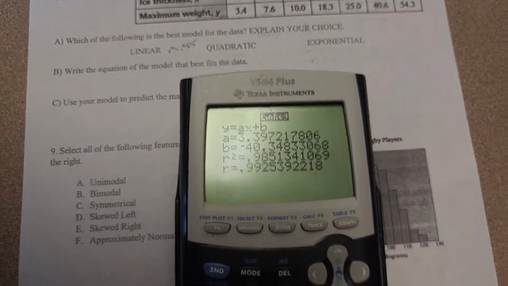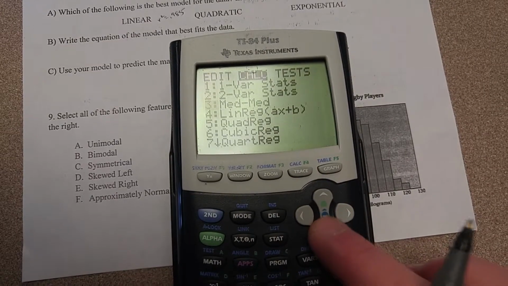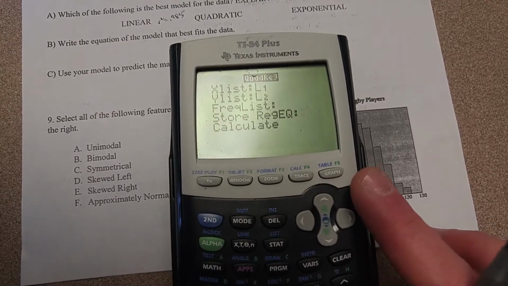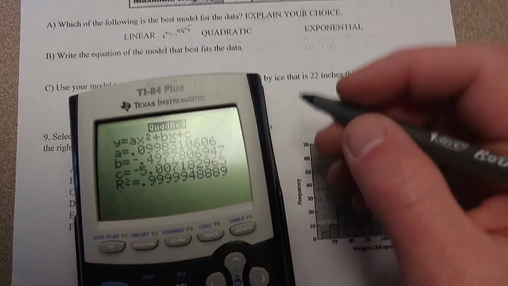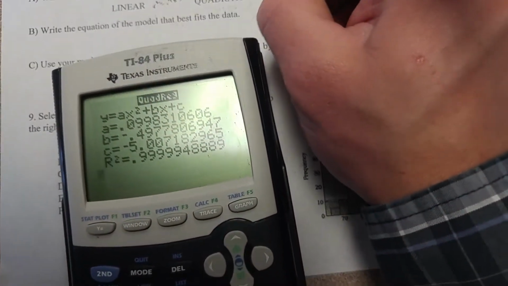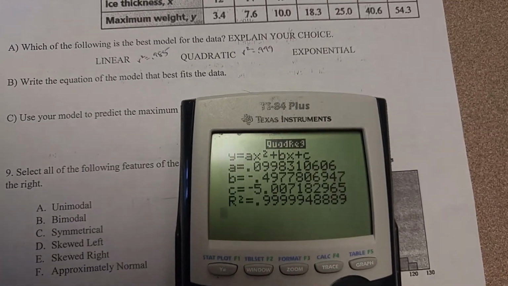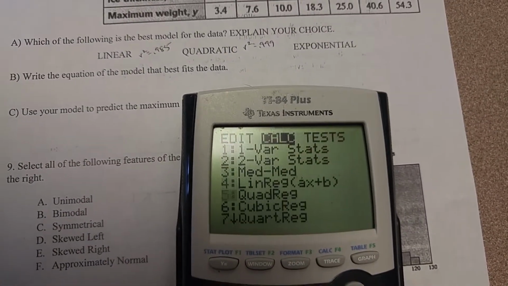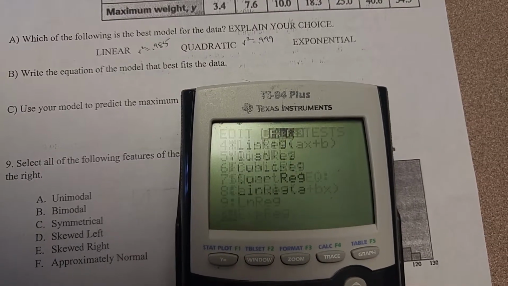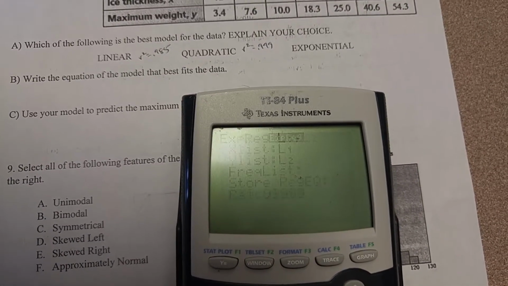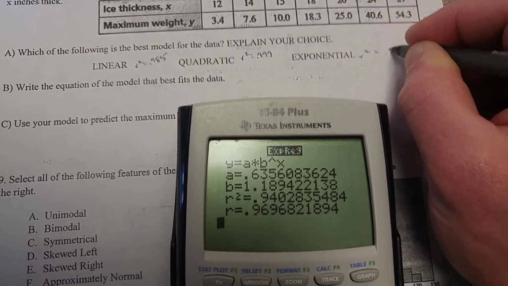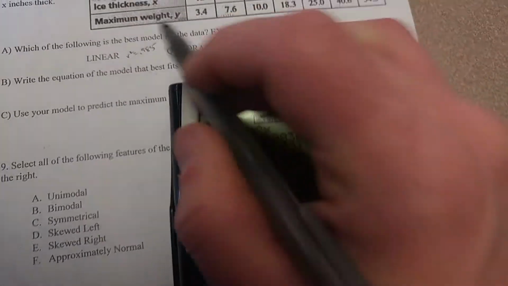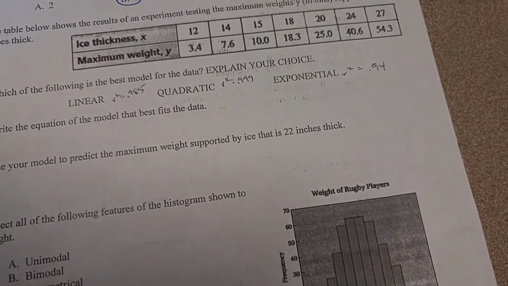Now I'm going to run the quadratic one. So Stat, Calculate, Quadratic Regression. The R squared there is, oh, that is really good. 0.9999999. Can't really get much better than that. And I'm also going to run the exponential one, which is way down here. And that one has an R squared of 0.94. So as it turns out, they're all actually pretty excellent